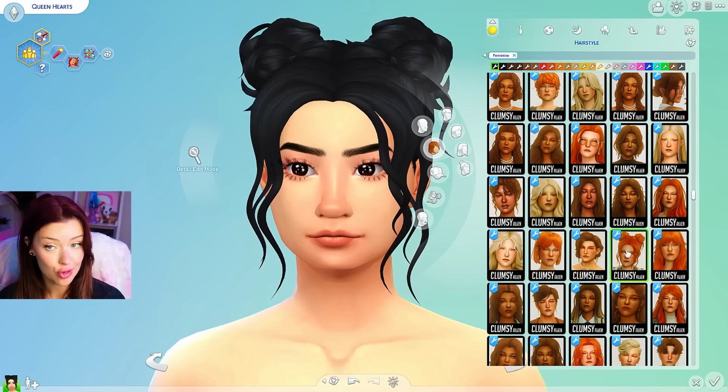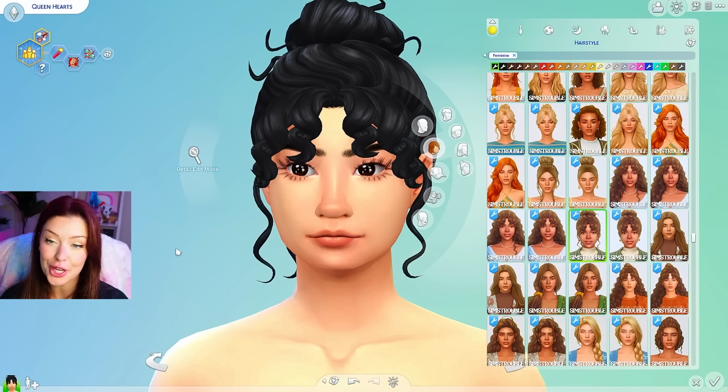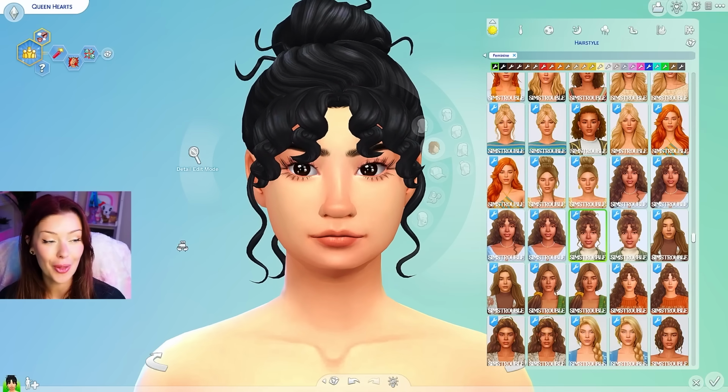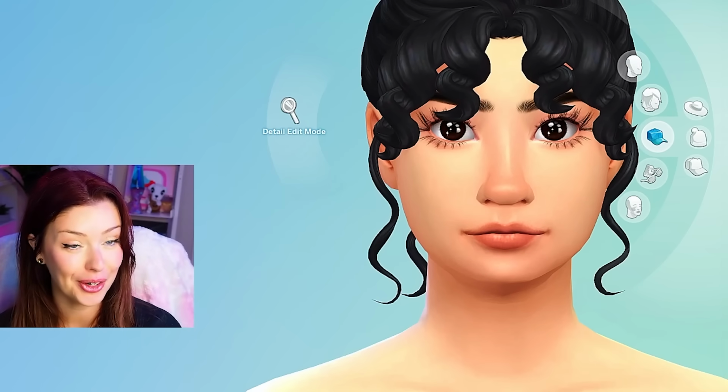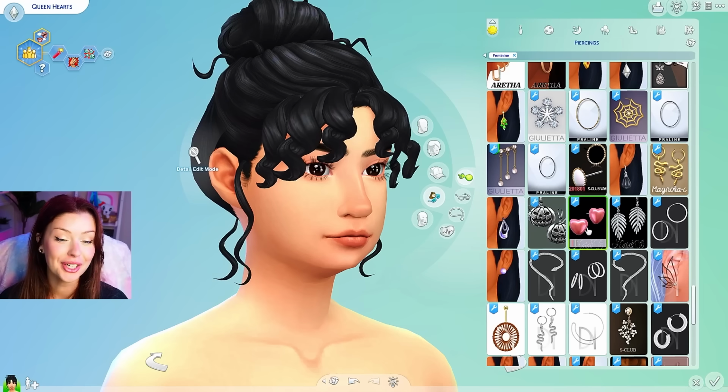The double buns could be very cute. But what about this one here with the curls? I like this one a lot. I think I'm gonna give this to her. And I know I already have a lot of heart items in my game, so we're definitely gonna have a